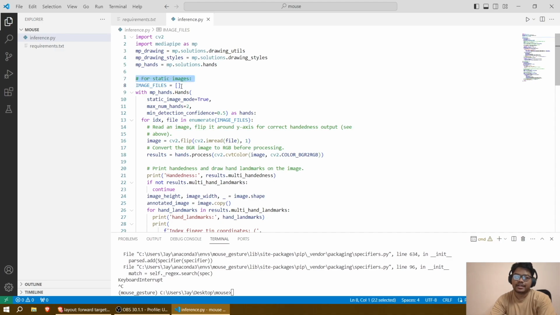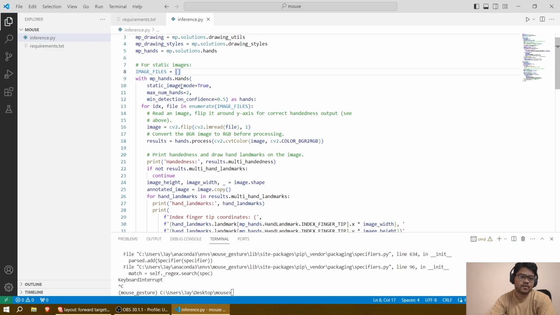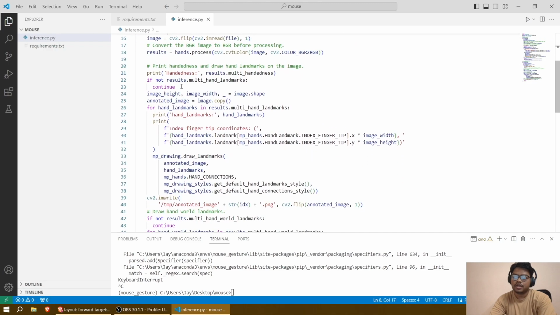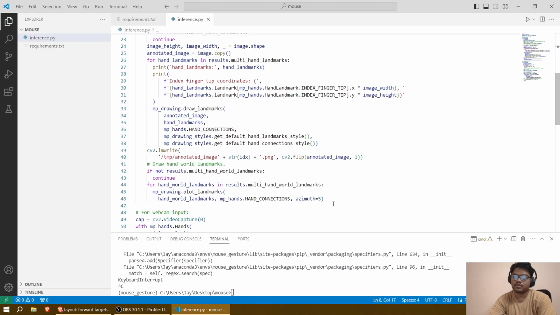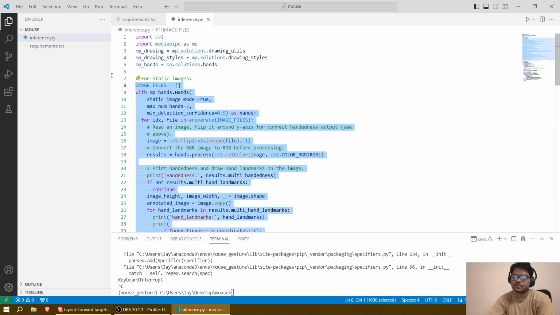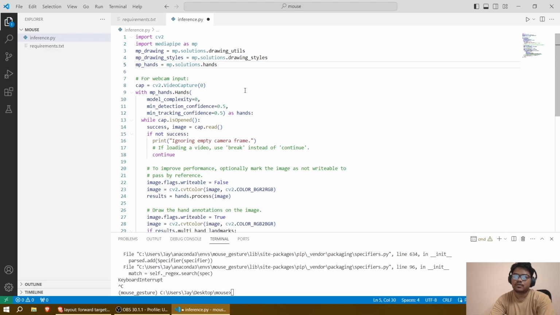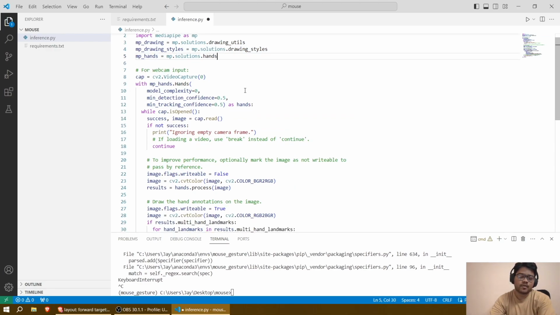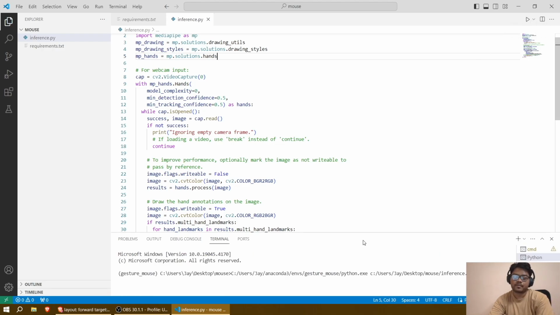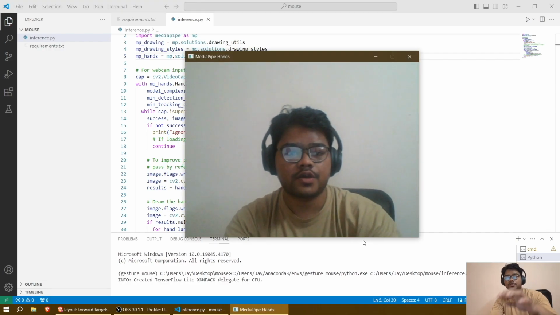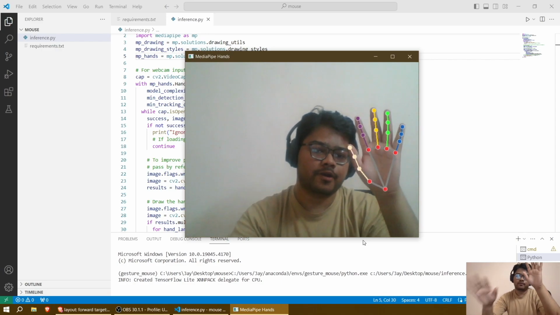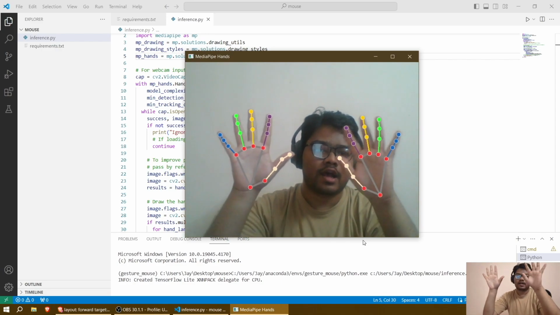It is for the static images, line 7, and we have no use of images, so you can simply remove this piece of code. So let's just remove it, and what you are left with right now is code which takes the input from a webcam, runs the inference on it and draws the detection result on it. So if I run the code, yeah, so you should see the frame popping up,